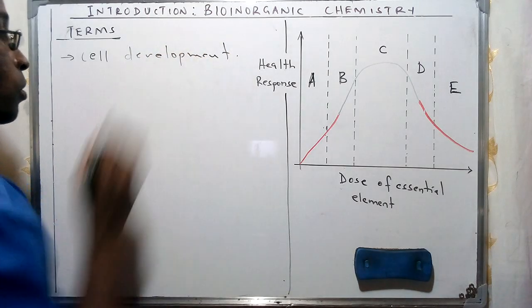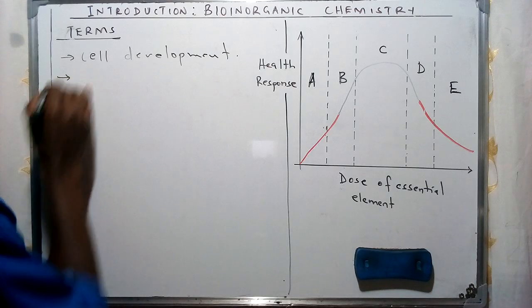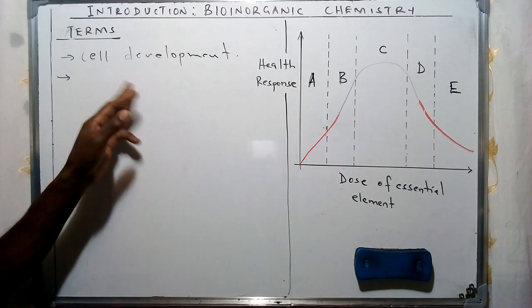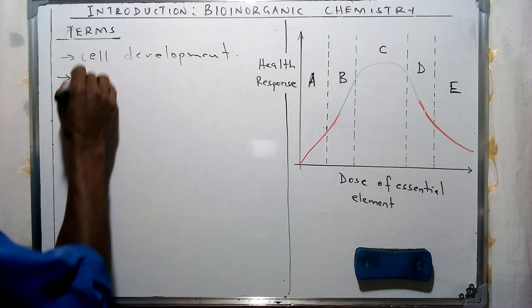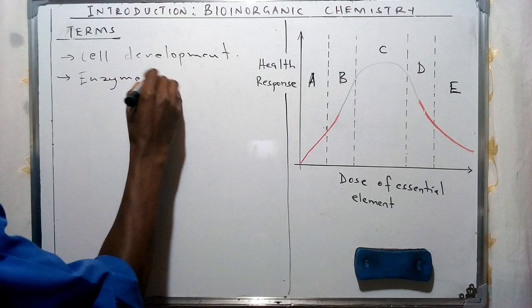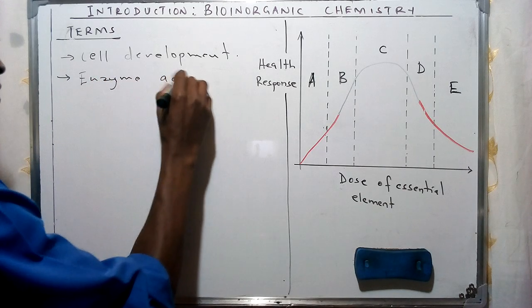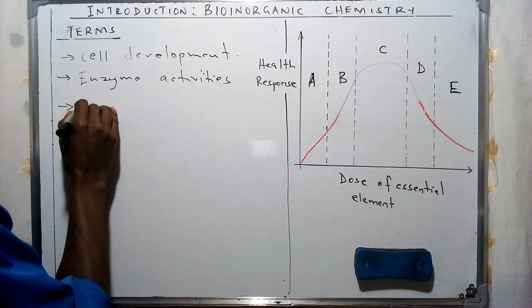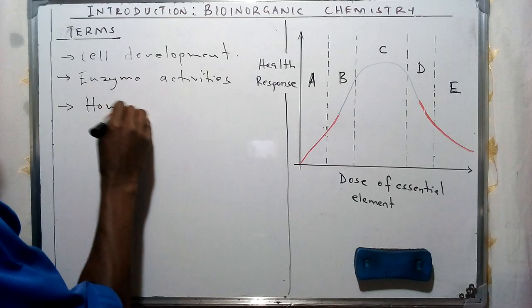We said that we're going to come across biochemical reactions or chemical processes in the process of cell development, and in some cases in our discussion on enzyme activities. And of course, I talked about the concept of homeostasis,